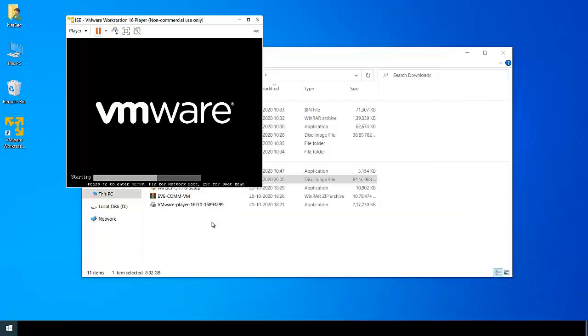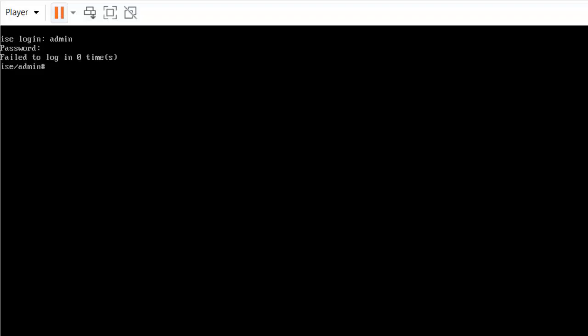Again I will be skipping the video. Okay, so we get the login console. Now we can use our username and password to log in to the ICE. So still only ICE console is up. If you try to log in using GUI you will not be able to, because the application processes take time to restart. So we can check it using the show application status ICE command.